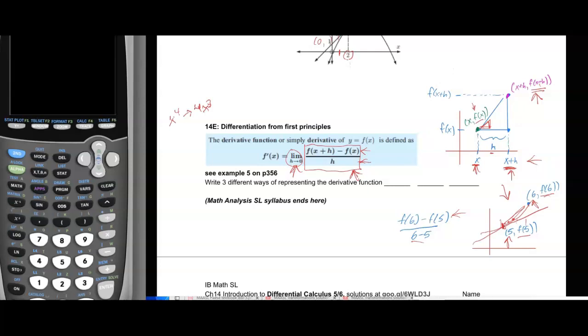Write 3 different ways of representing the derivative function. We're just learning more notation. The first one that we just learned is f dash of x. It could also be y dash, because the function f of x could be just y. We often call the derivative y dash. And then finally,